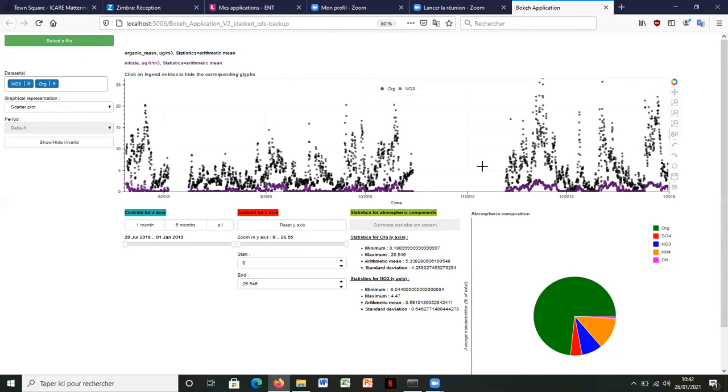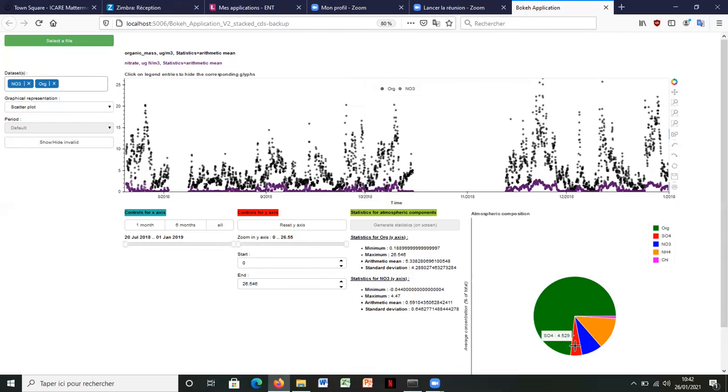To conclude, I will show you how to read the pie chart. So this pie chart in the bottom right-hand corner provides an overview of the atmospheric composition. It presents the percentage of the ACSM species in the atmospheric composition through a hover tool. Colors are classic colors used by researchers to represent ACSM species.